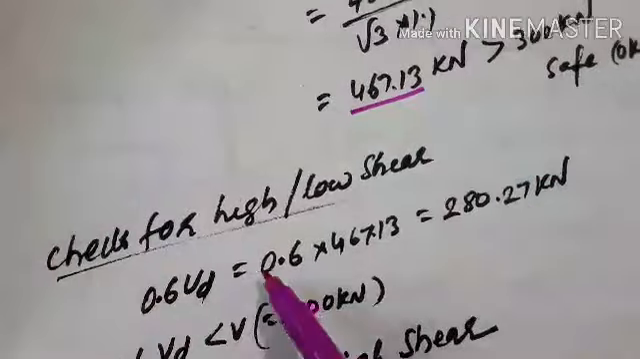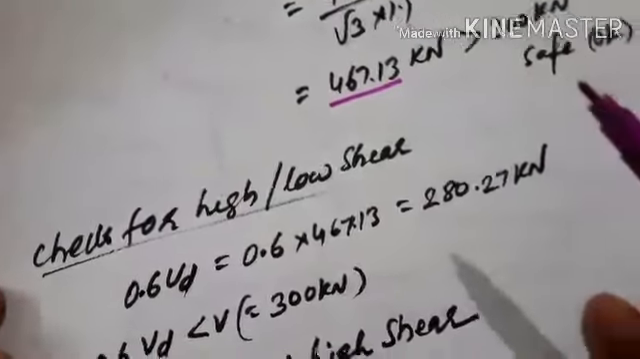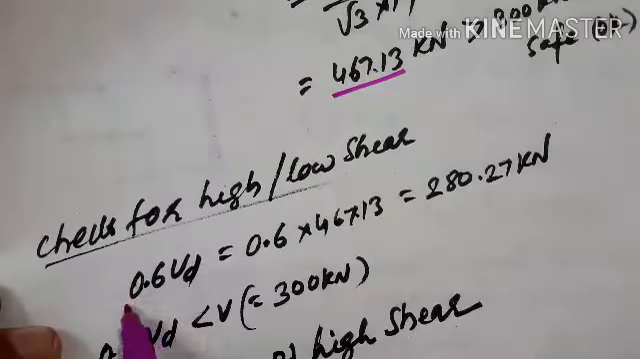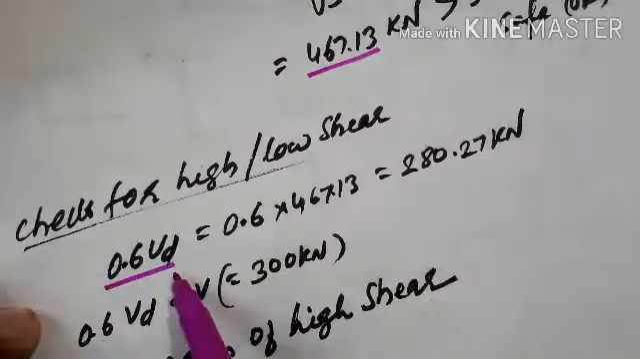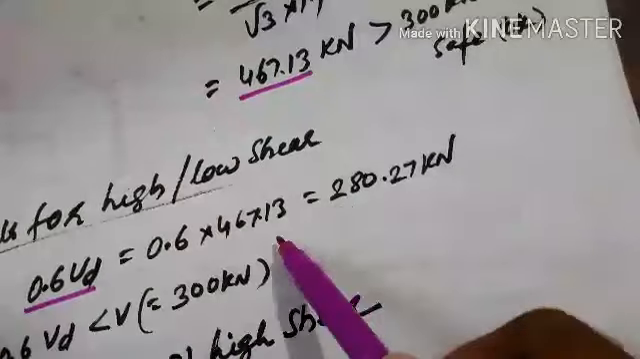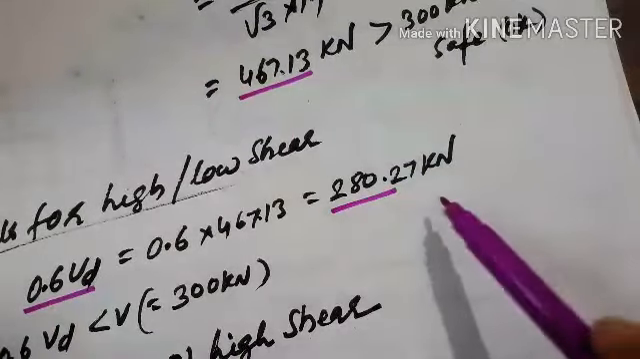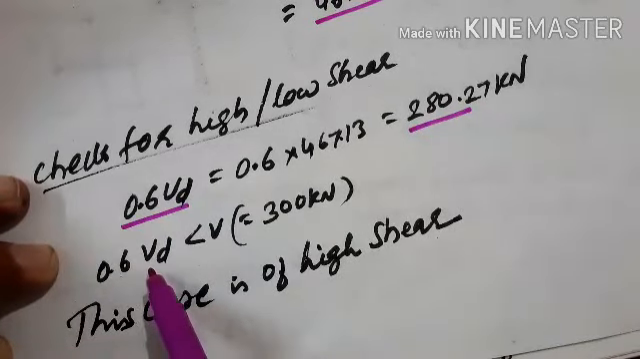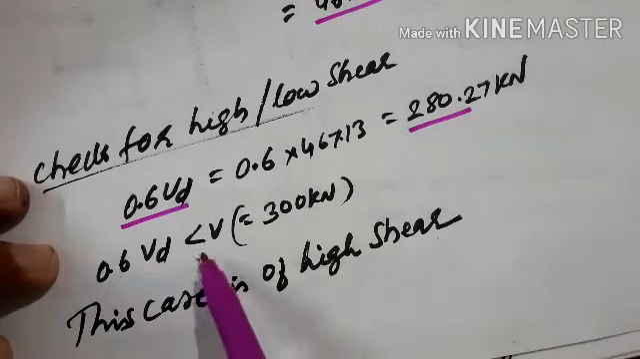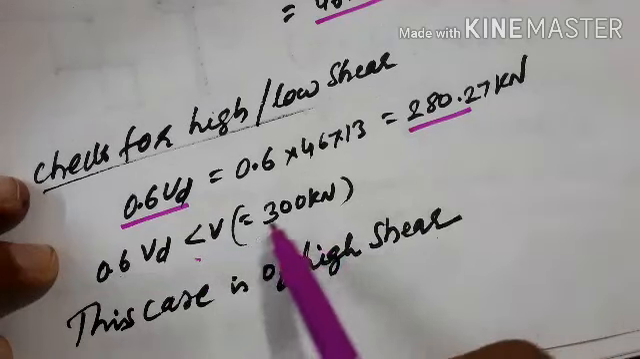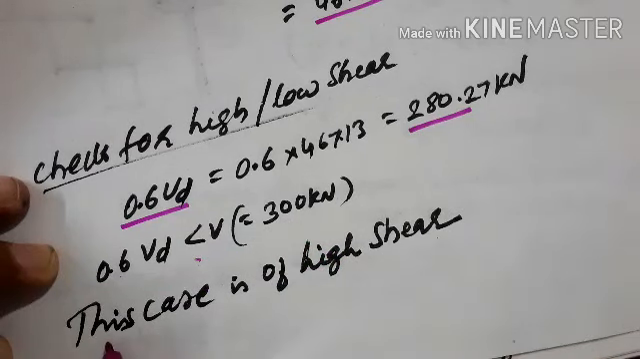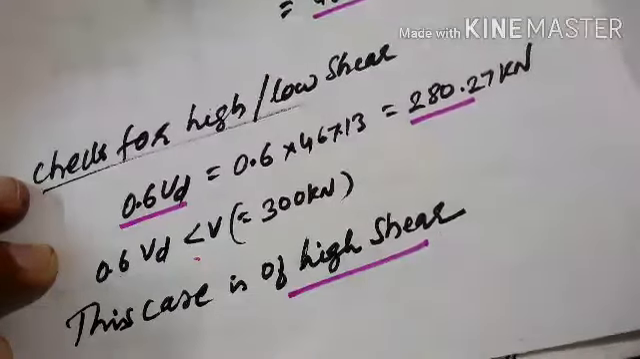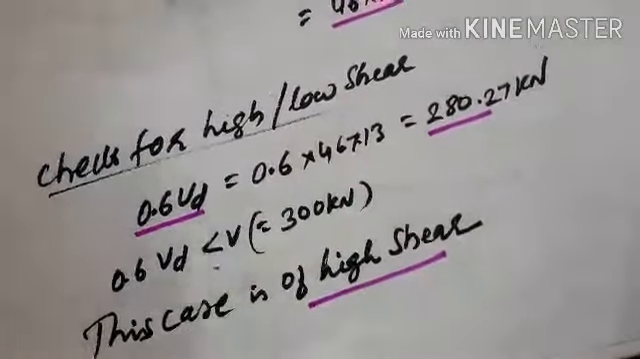Then check for high shear or low shear, whether the given section is lying in a high shear or the low shear. For that you have to take 60% of the design shear strength, and 60% of the design shear strength we get is 280.27 kilonewton. Since 60% of the design shear strength is less than the actual shear force acting, it means this case is of high shear. Okay, so this case is of high shear. For the high shear case,